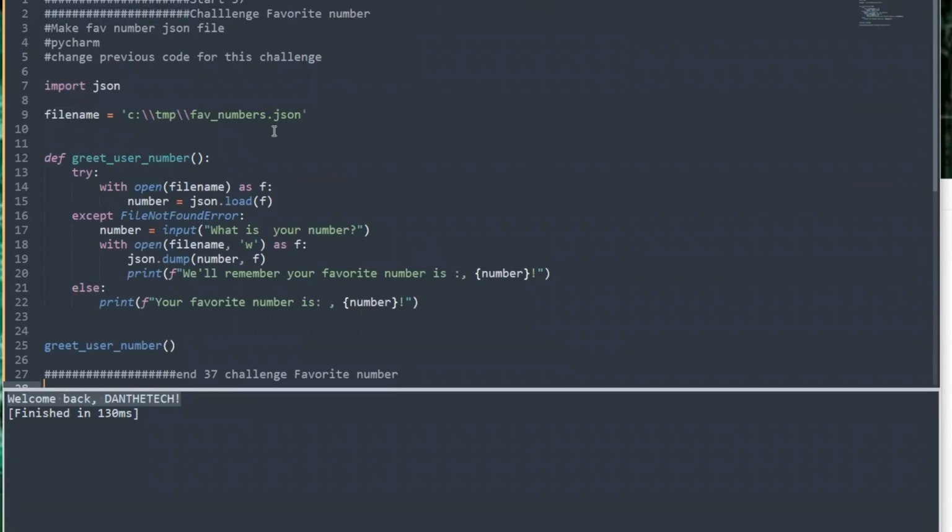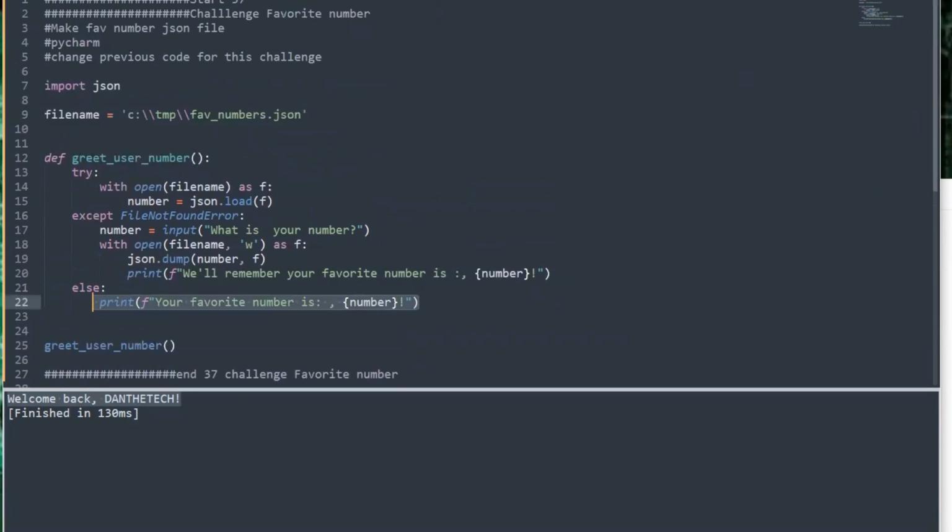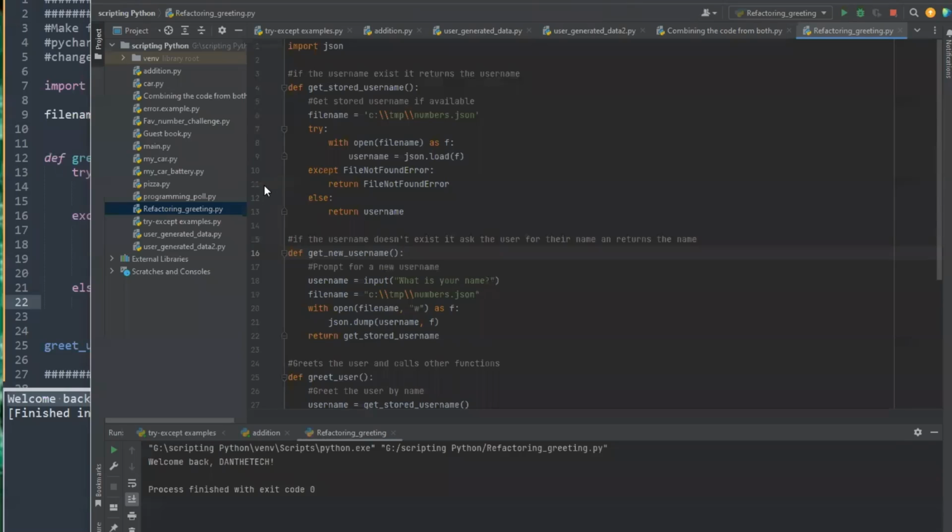So here we're going to ask them for their favorite number, and then we're going to take that input and dump it to the numbers file, and we're going to say, we'll remember your favorite number, else print your favorite number is. So if there is a number stored in there, it's just going to print whatever number they inputted. So if we go here to favorite number,